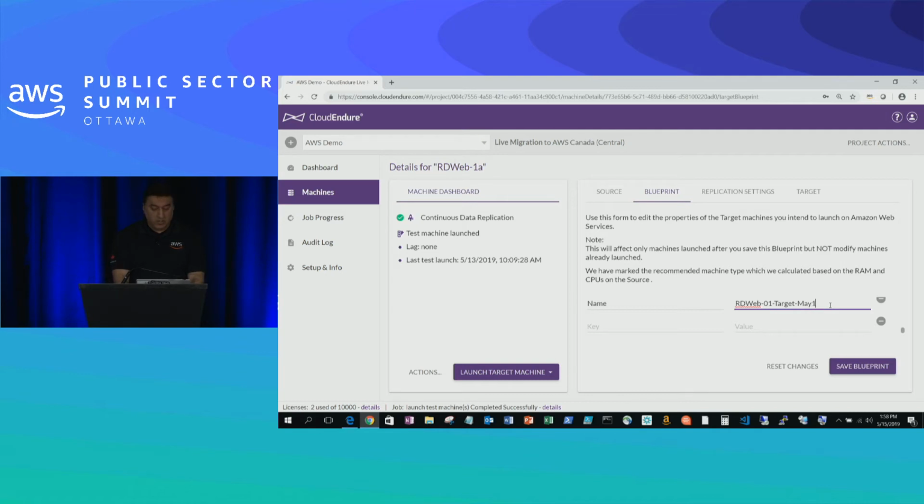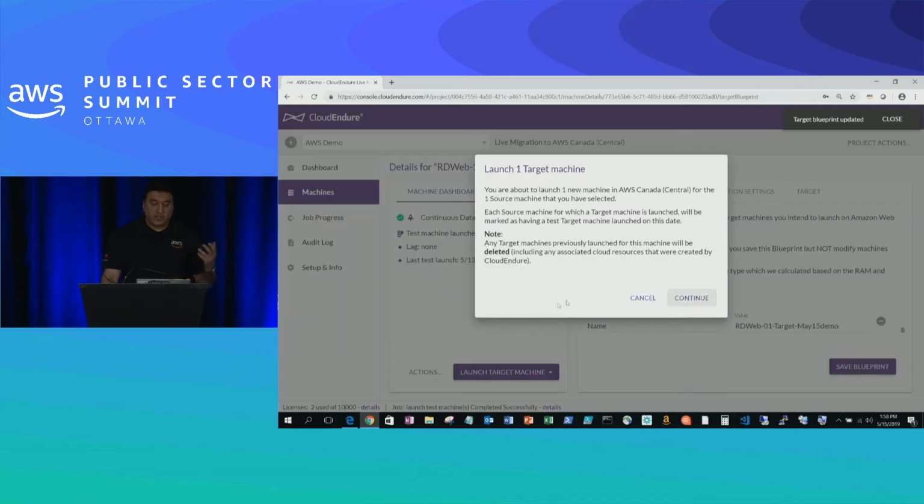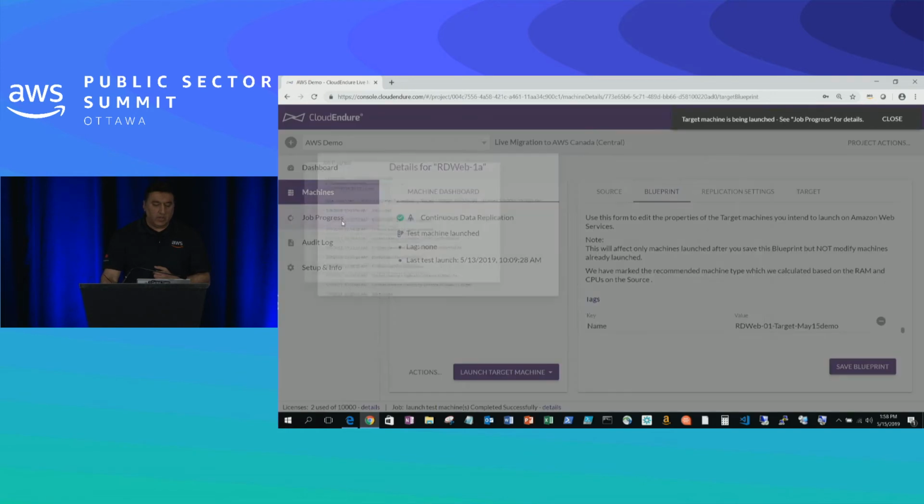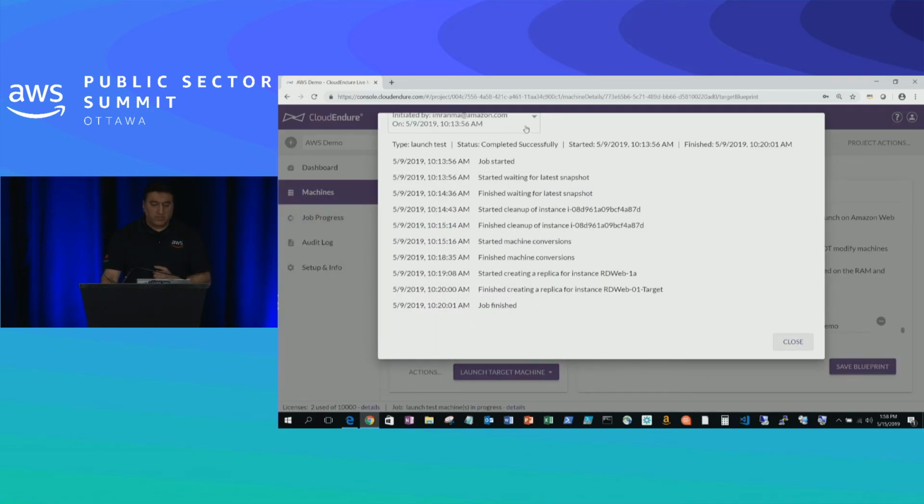So May 15th, demo. I'm going to save this blueprint, and I'm going to actually launch this machine. So this will take about 6 to 8 minutes. We're not going to wait 6 to 8 minutes just like that. So once I have this machine launched, you can see it's updating the status